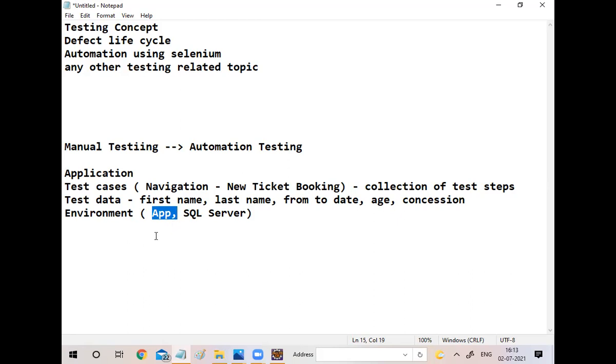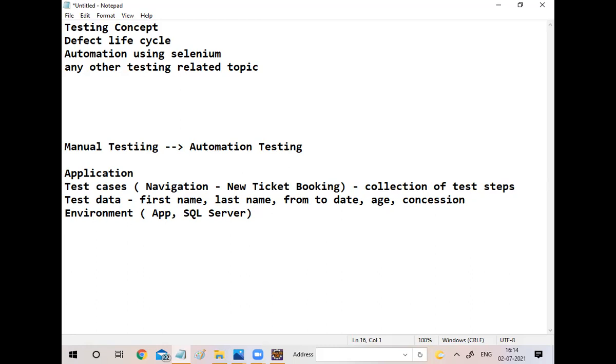They will be testing that actually. They will be using different SQL Server versions, 2014, 2016, 2019, right? They will deploy it in the cloud or on-premise, different environments, and they have to test it. Then only the end user can easily access the particular site. That is the environment actually.